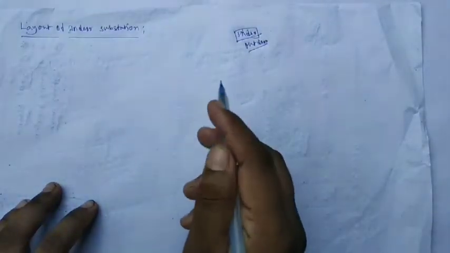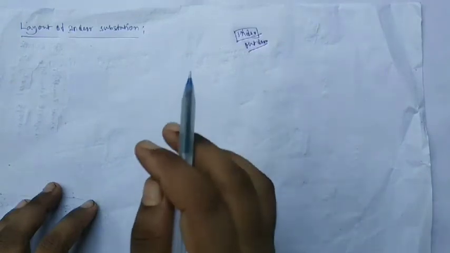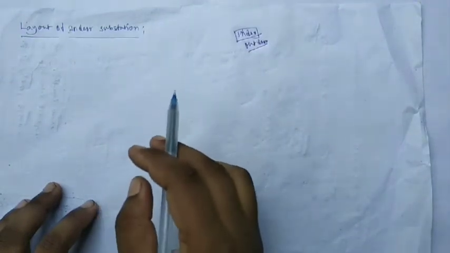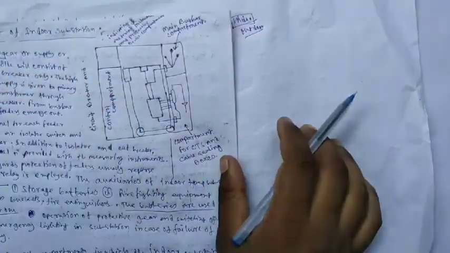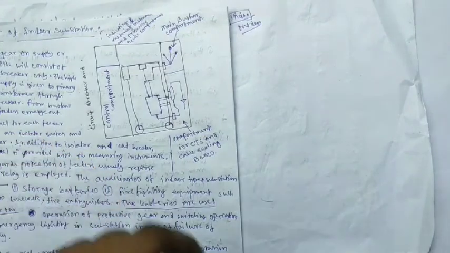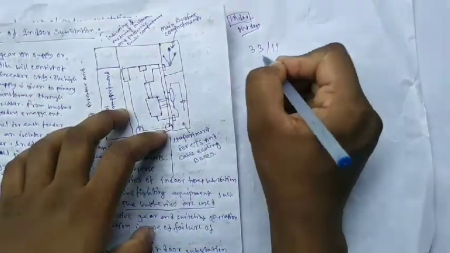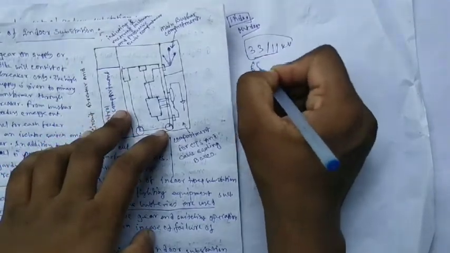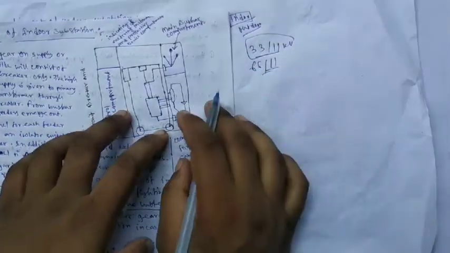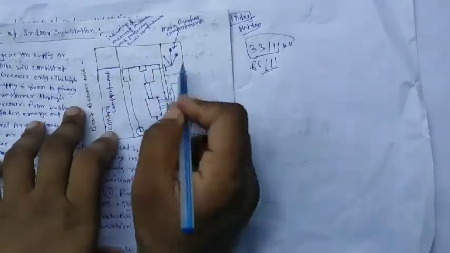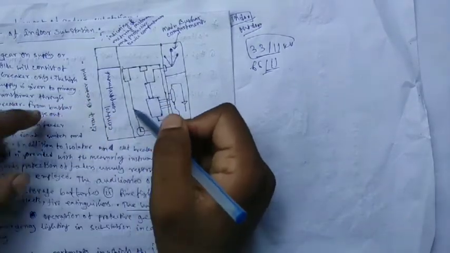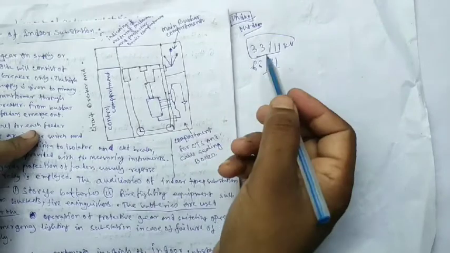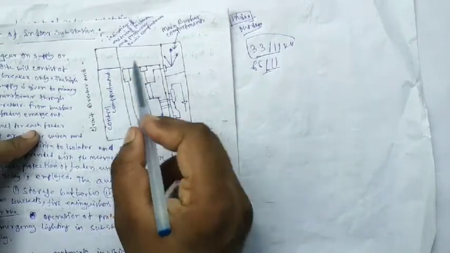Basically, every indoor type of substation has a plan or complete layout. You can see this type of figure everywhere in a substation. If you visit an indoor substation, a 33 by 11 kV or 66 by 11 kV substation, you may not see this exact figure, but if you look at the position of the instruments, it shows you this type of figure.